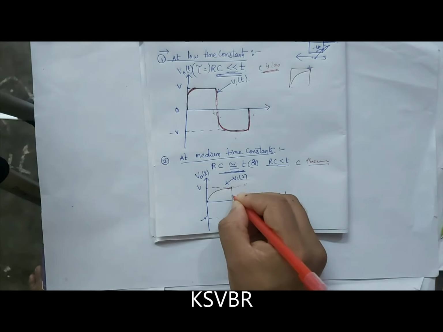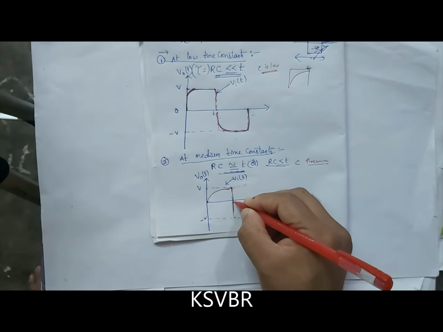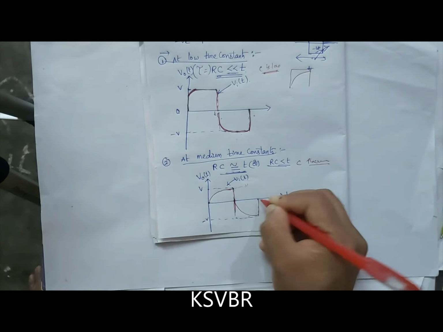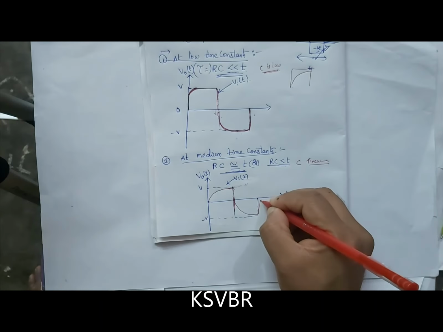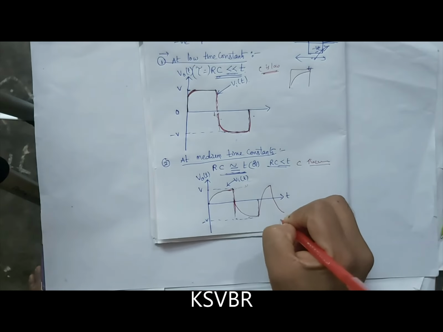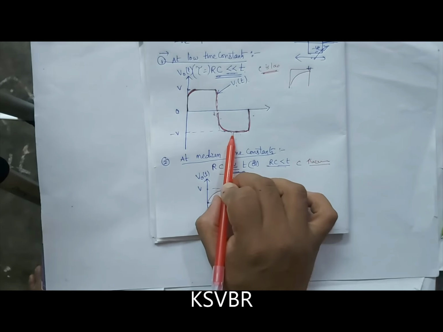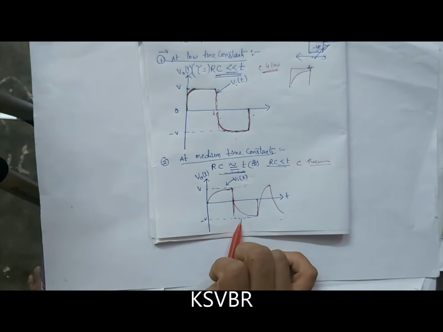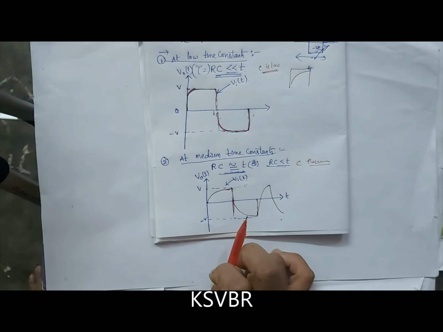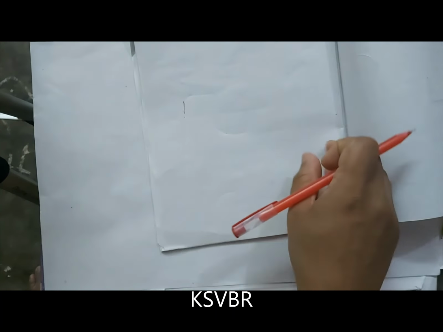Okay, so now it drops till here, it follows this, and now again whenever it reaches here, it will come like this. Again for the next cycle, again here. Like this, at medium time constants it behaves. If you see, the distortion is somewhat less here. The distortion has increased here. Whenever the time constant is increasing, for a low pass circuit, the distortion is also getting more. That is the point we have to observe here.